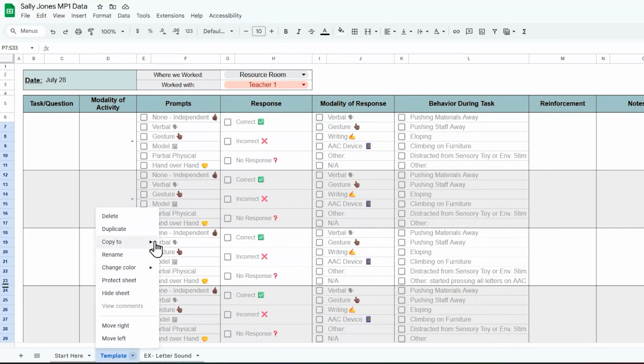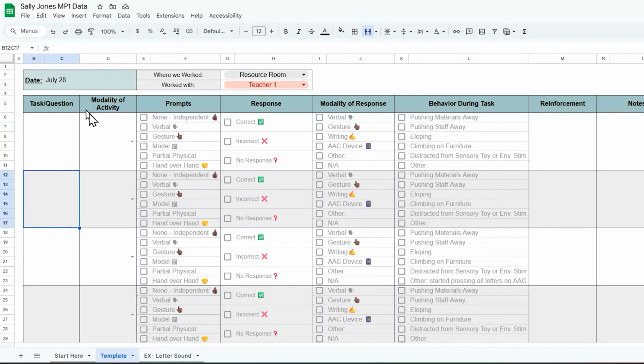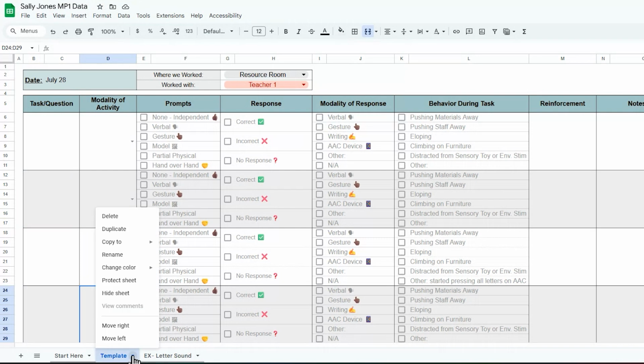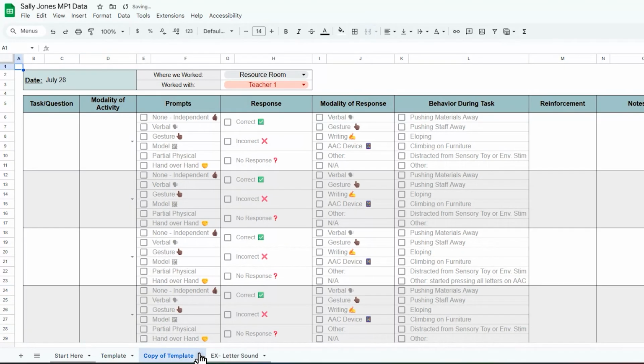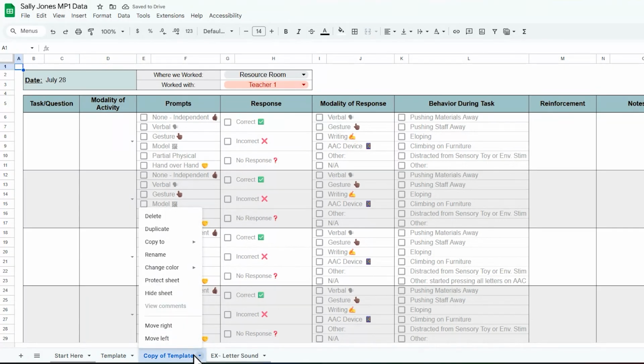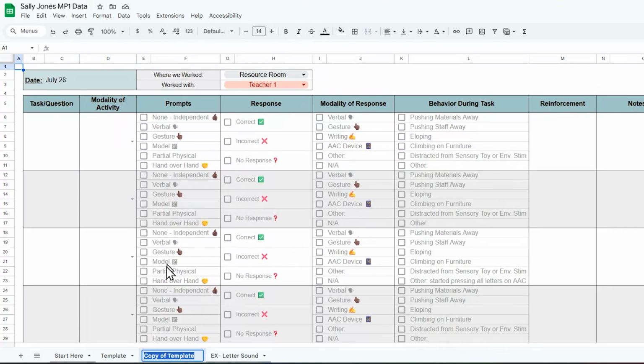So let's just say it's time to take some data with our girl Sally, and we're always going to leave a template blank. That way we always have something to go back to whenever we're assessing something new. So we're going to say duplicate, and then again, I want to group by skill. So I'm going to say this is going to be 1-to-1